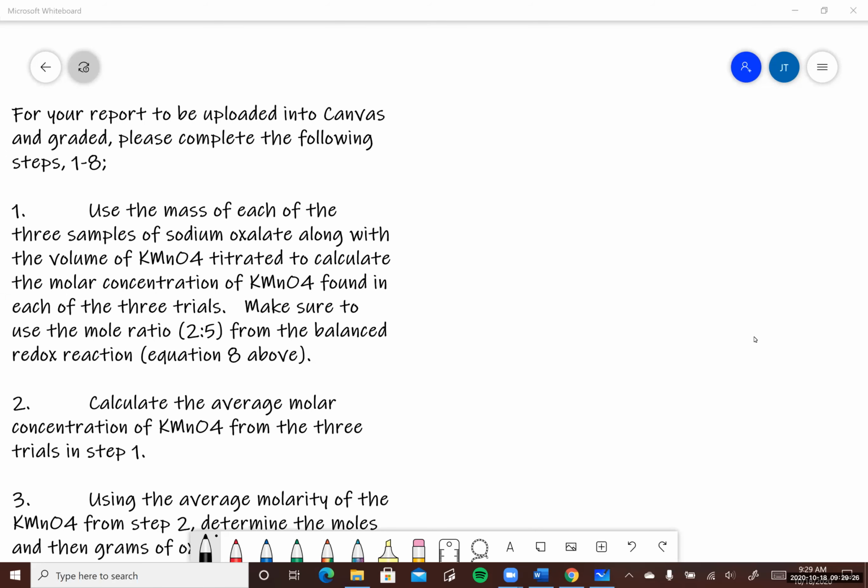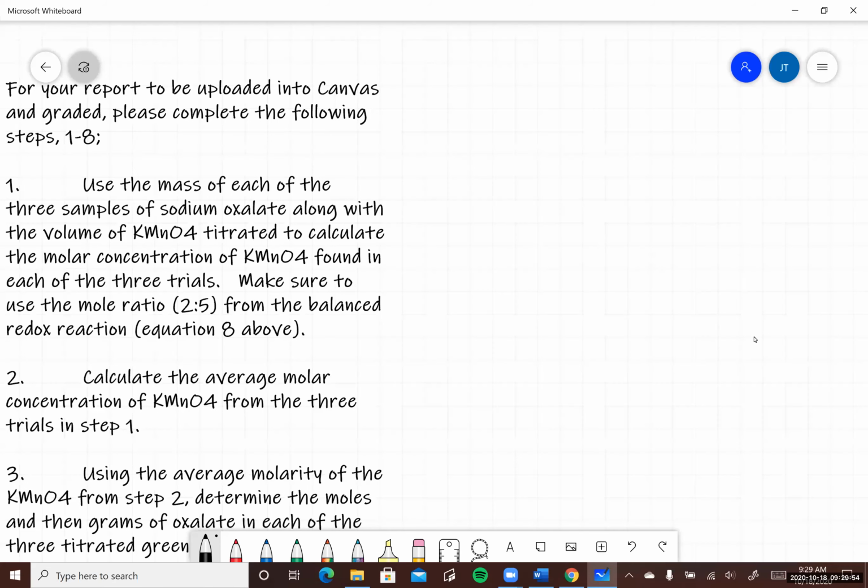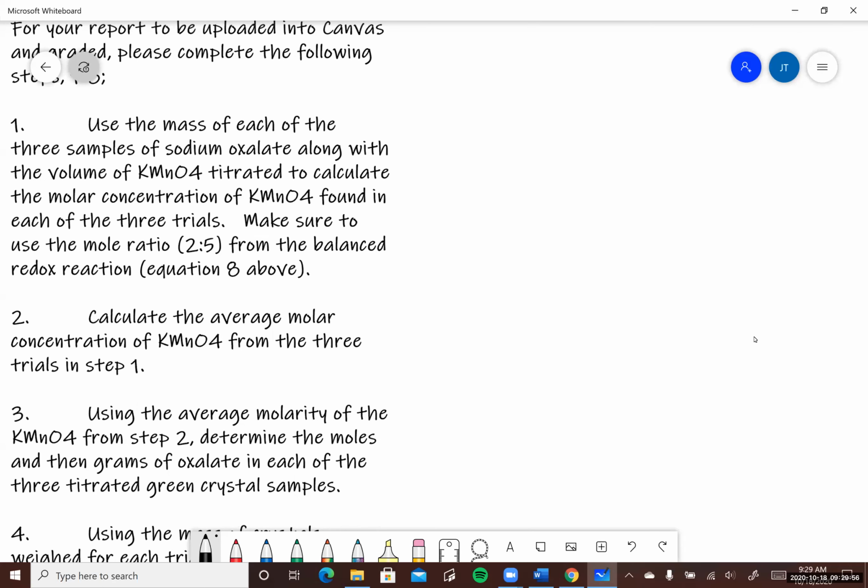All right, I wanted to go over real quick the calculations in the report for your in-lab experiment. So down at the bottom of your experimental pages, it says for your report to be uploaded in the Canvas and graded, please complete the following steps 1 through 8. So you see for number 1 here, it says use the mass of each of the 3